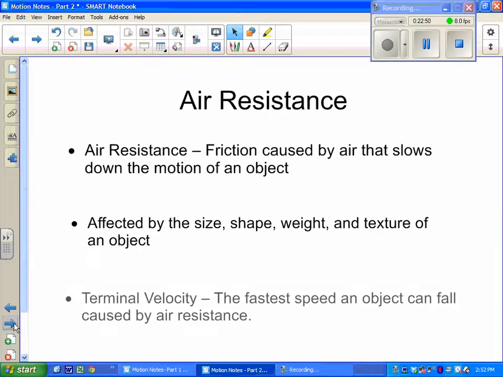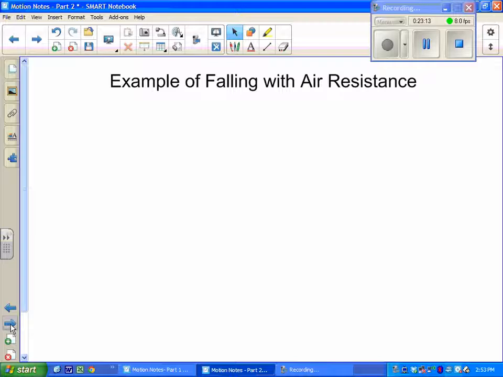We also have terminal velocity. Terminal velocity is the fastest speed an object can fall, caused by air resistance. So when you drop a feather, it doesn't keep going faster and faster like the last example we just drew. It actually stops speeding up because it hits this terminal velocity caused by air resistance, and it's going to make it stop accelerating. So if we had an example of something falling with air resistance,